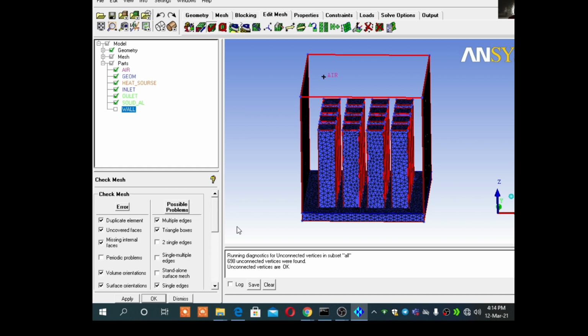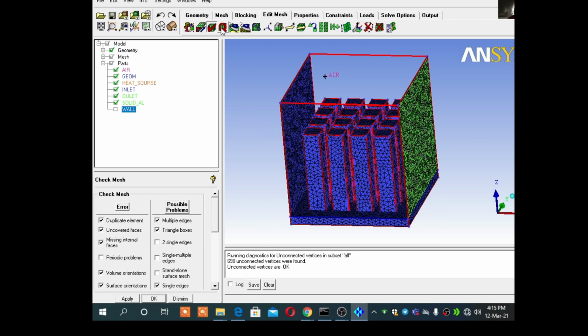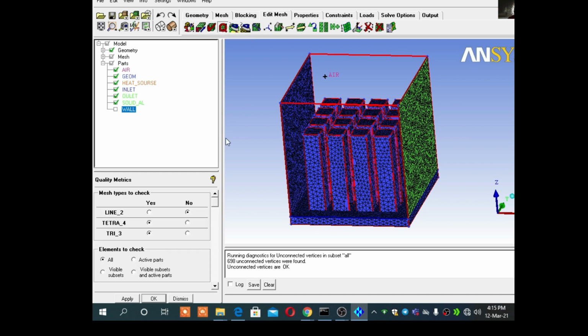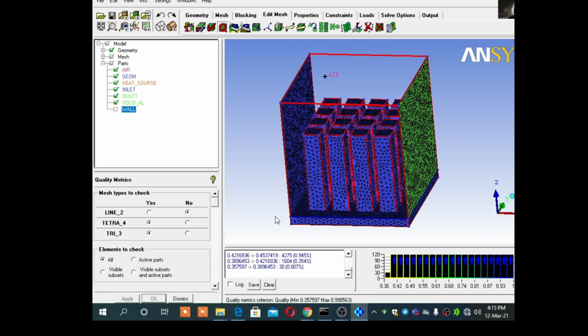So these are the points which are checked by the software. Then go for display quality mesh. So 0.36 is quite good.